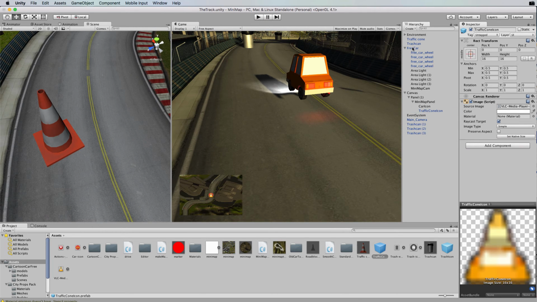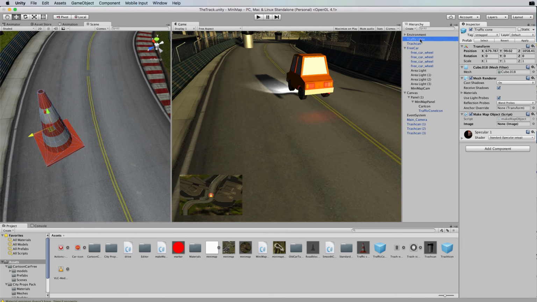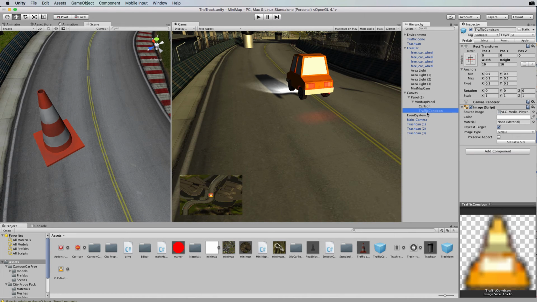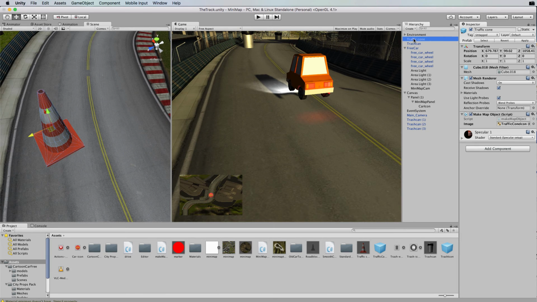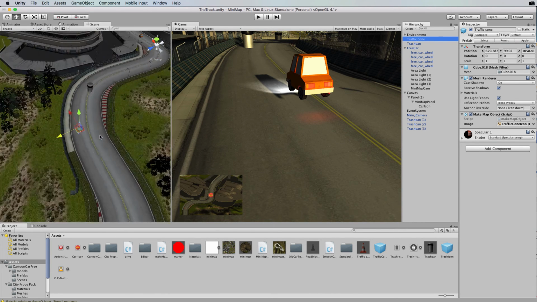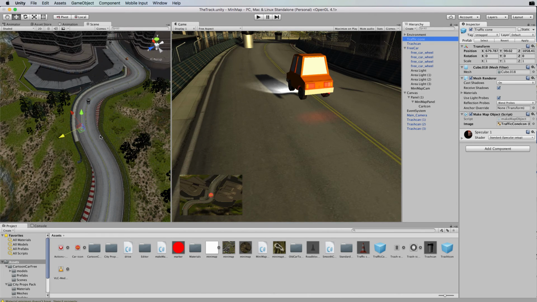Then we find our traffic cone that we created up here, and we grab the prefab icon and set it for the image. So that will now be used by the panel every time it creates or instantiates a new icon. Go back to our Minimap and make sure we remove that icon that we were using before. Okay, so now we have a traffic cone object with everything attached to it to make it appear on our map. So we can then duplicate that